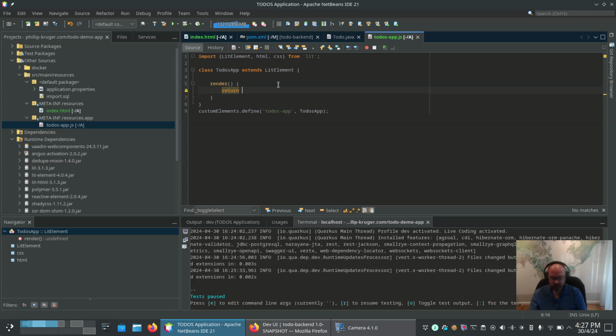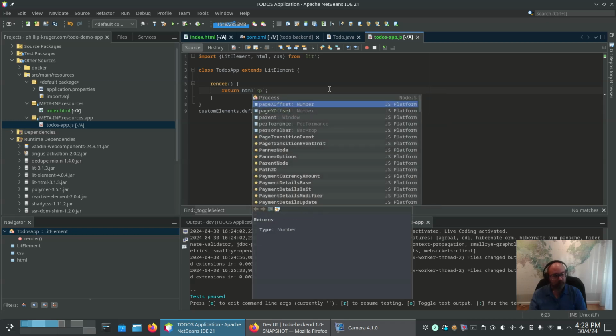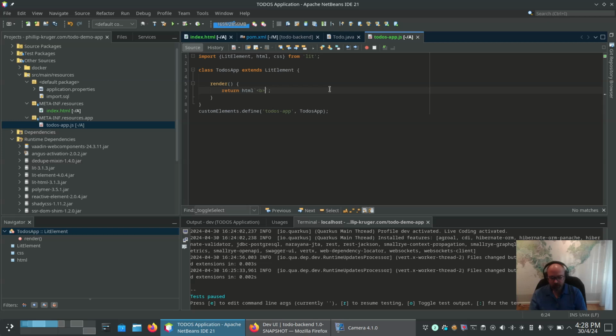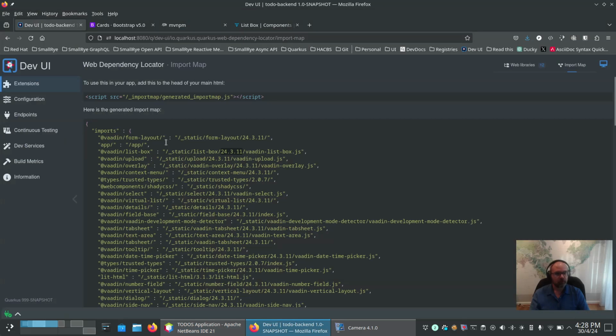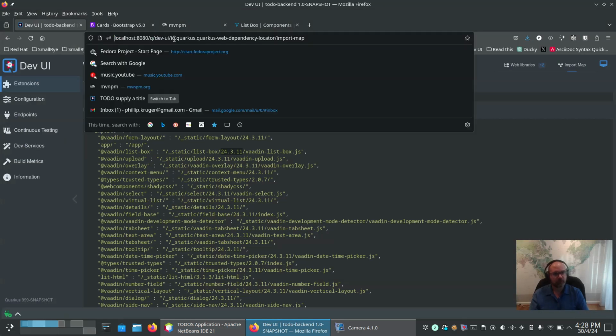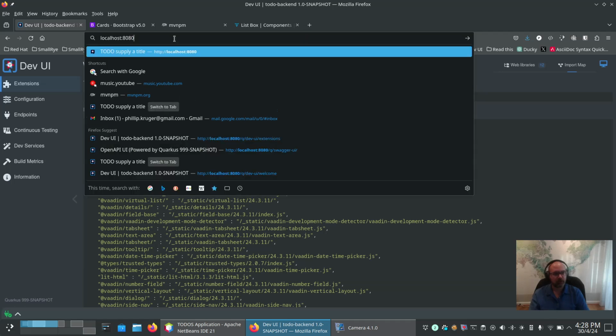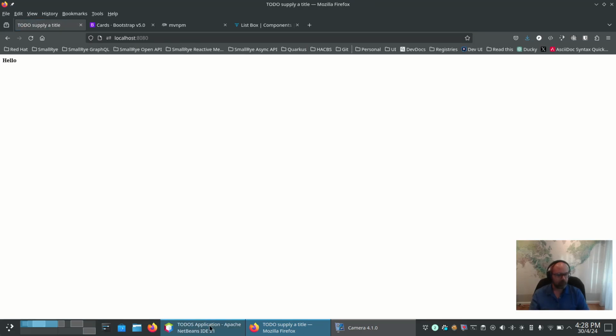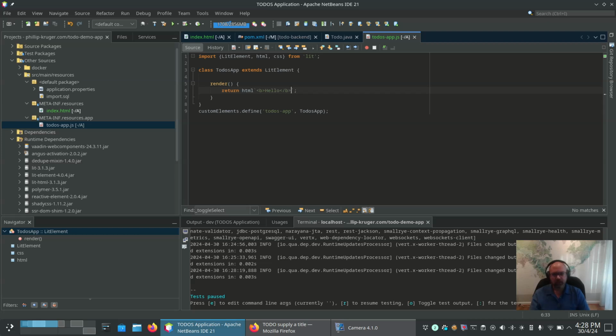rendered. In our case, we want to use templating to create some HTML, and this is where the lit HTML comes in. And here you can write down any HTML, so we can just say hello. So this should already be enough to change this to be showing hello. Okay. But rather than doing that, we want to do what we've done previously with a